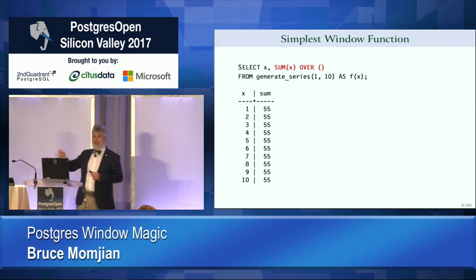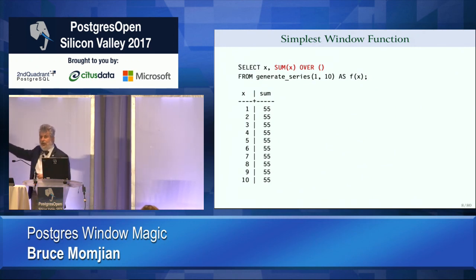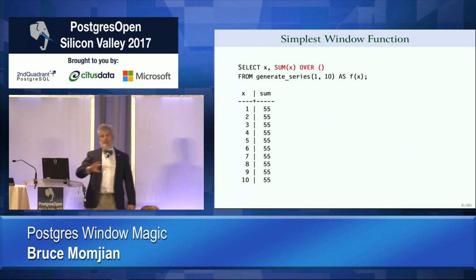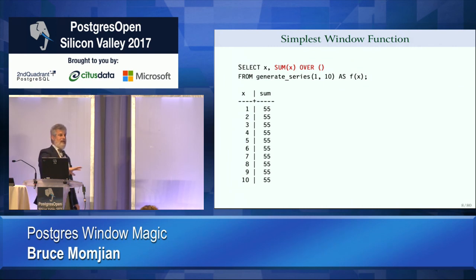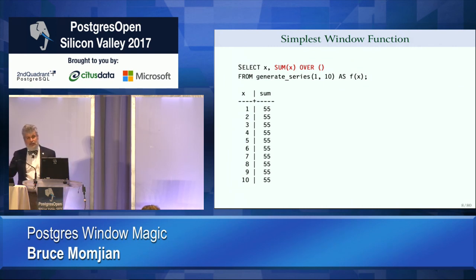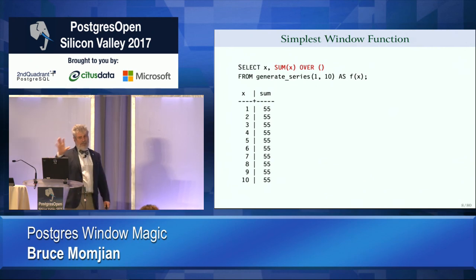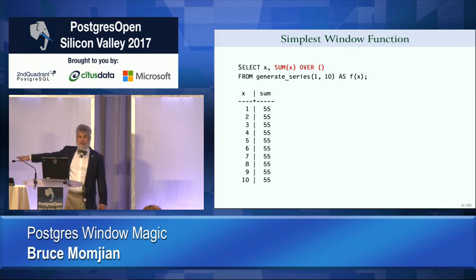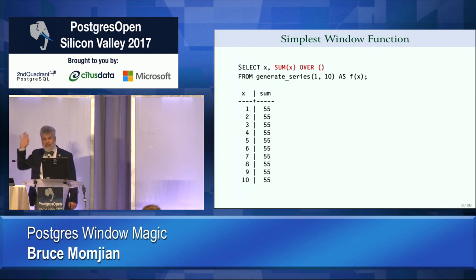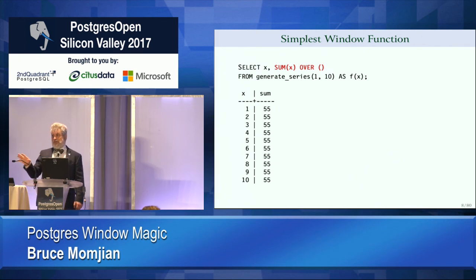And this is probably the simplest one because the parentheses after the OVER are completely empty. What that means is that we're using the default values for the window clause. And again, that's a whole snake pit we're going to talk about. But just to give you this example, it's summing the numbers from 1 to 10, but it's also putting that sum on every single row. This is completely useless in most cases, but I'm just giving you the simplest case of a window function. You can start to see this is not an ordinary sum. An ordinary sum would return one row. We still have all 10 rows.